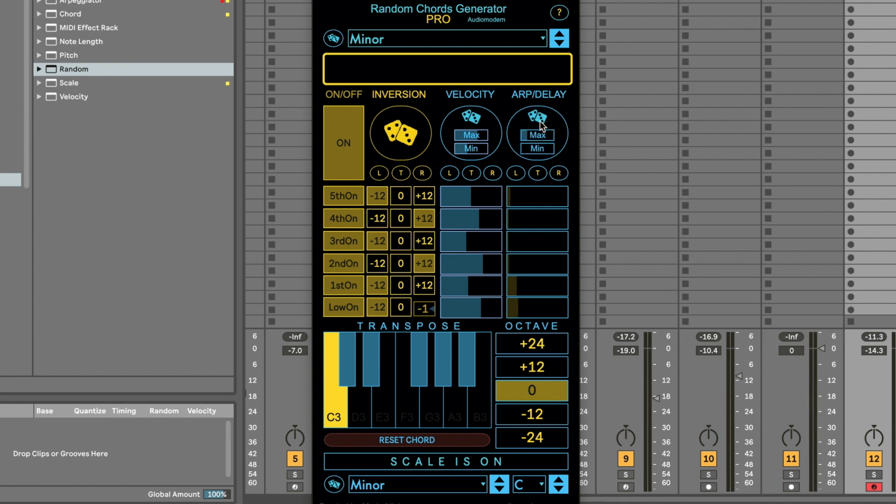So the ARP delay is basically, when you press a note, how many milliseconds do you want the note to start from the time that you press the finger? So here you can feel that when he's playing, there are certain pitches that are starting before or after. So that's really, really beautiful. For example, in this case, the lowest chord is starting after the others, because I just set up these random things, and you can set the maximum and the minimum,